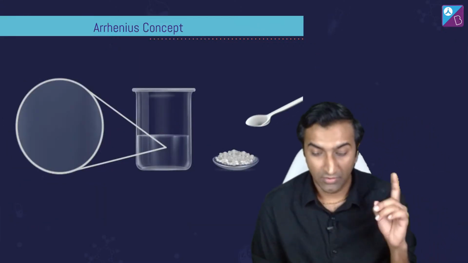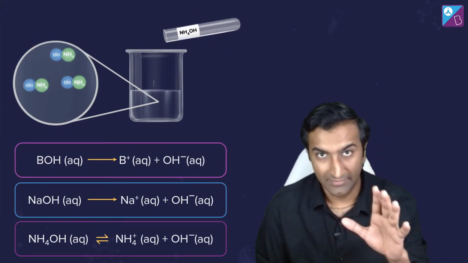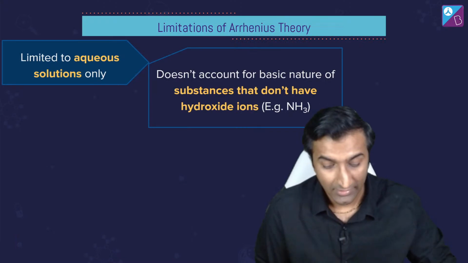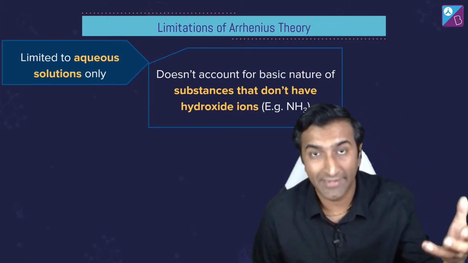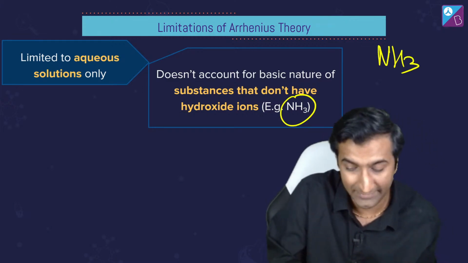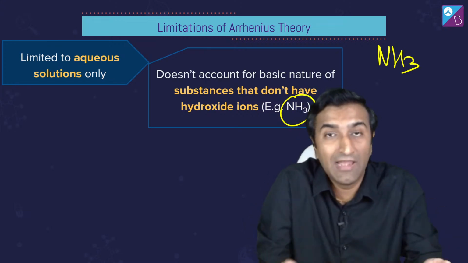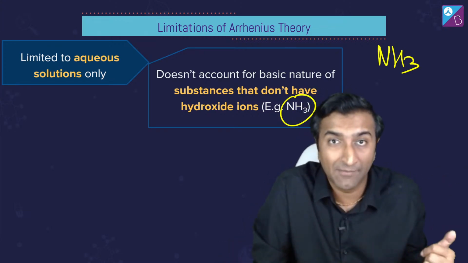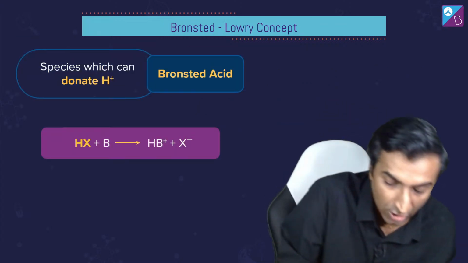All right. Now here are some examples of all of these things. Now the biggest problem with this is what I already gave you the answer for, right? This only accounts for things that produce OH- and H+. For something like NH3, ammonia, our friend, this is definitely basic. You cannot explain that this is a base with the help of the Arrhenius concept, which is why the next idea came into being, which is Bronsted-Lowry.